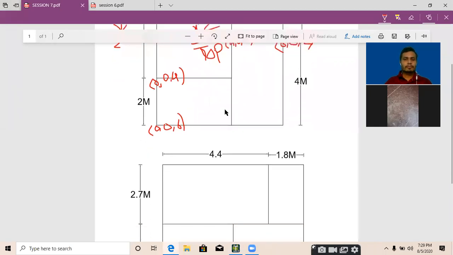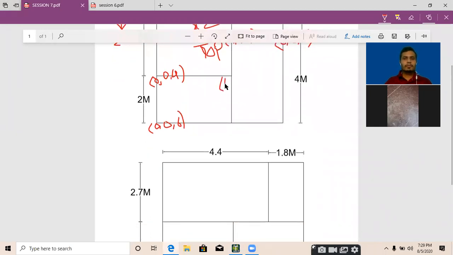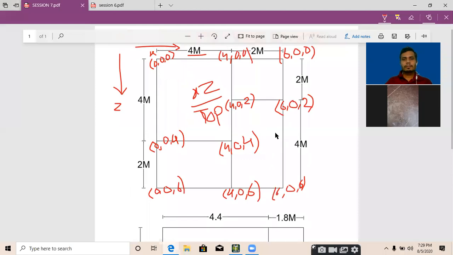Okay. This one, 4, 0, and 4. So you have to find out all the coordinates. 6, 0, 6. Now we know all the coordinates.